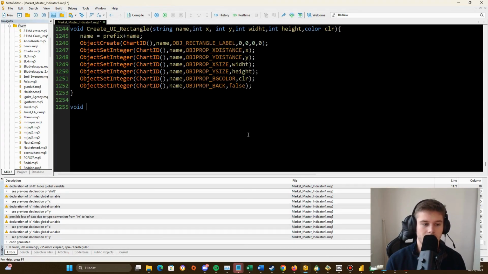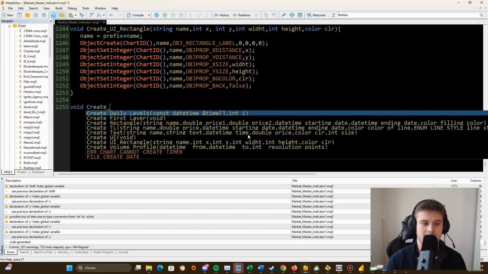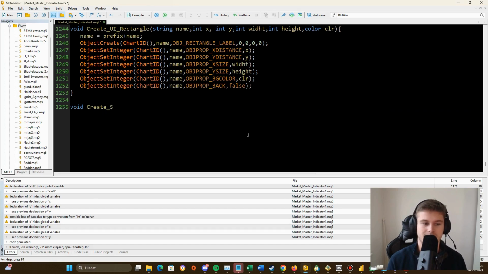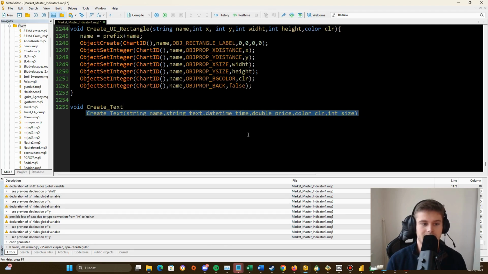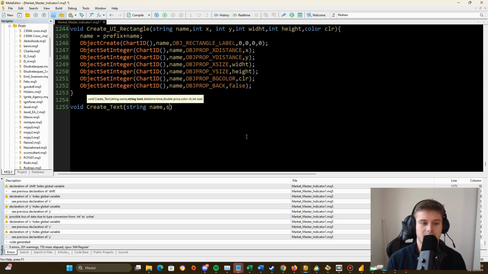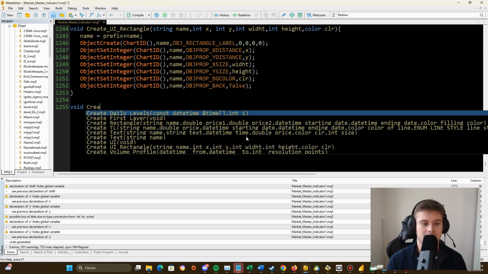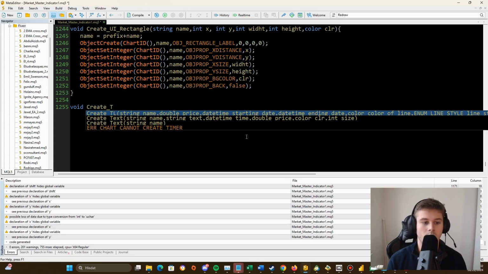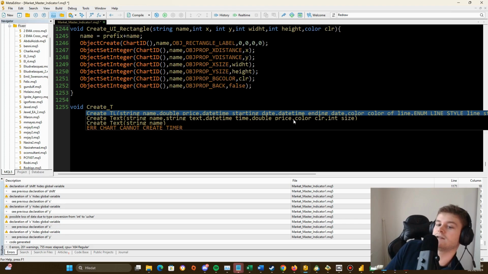I will do void create text, or create string text, or just text, and it will have very similar inputs. So string name, string, oh, do I already have this create text? Oh, I already have this, but this is